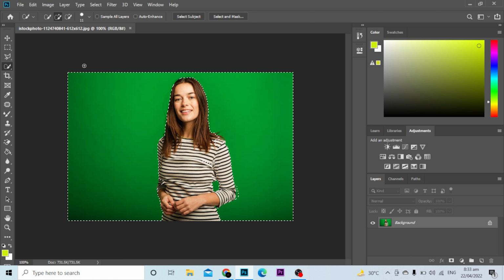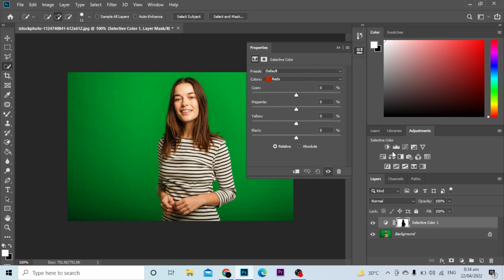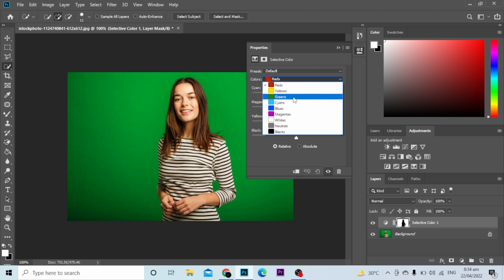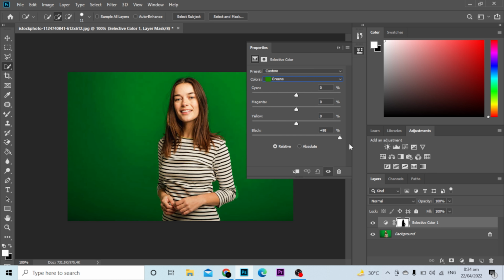So as you can see, this whole part is selected. Now I want to edit the color of this or replace the color of this background. What I'll do is I'll go to this selective color and select the colors according to my need. Let's say I want to make it bluish magenta